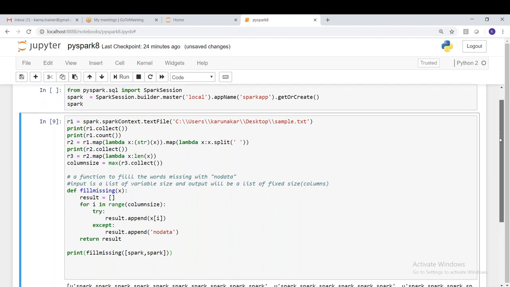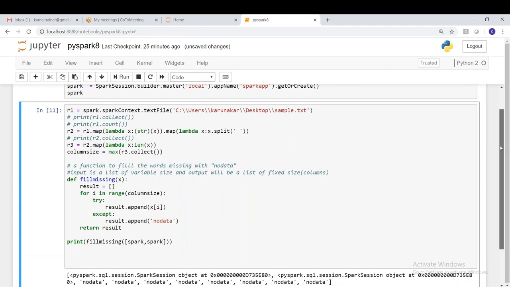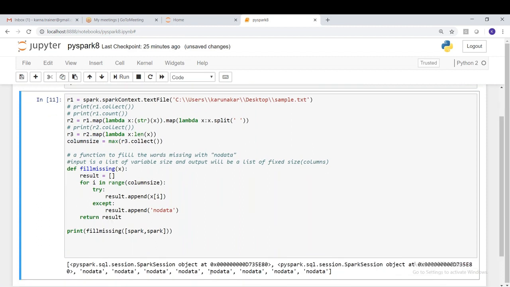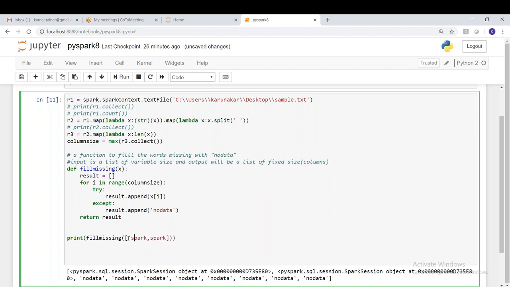Now can you see something here, guys? You can see no data, no data, 1 2 3 4 5 6 7 8. But how come it is printing something like objects here? It is printing two objects. No, it should not print these objects. It has to print x of y as it is, right? We have to pass them as strings. Spark is a string. This is a string. Perfect. It has to work now.